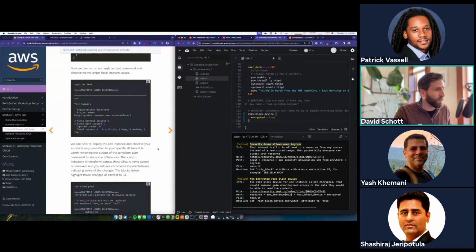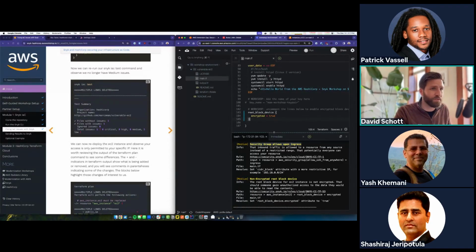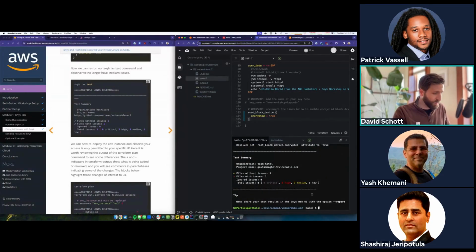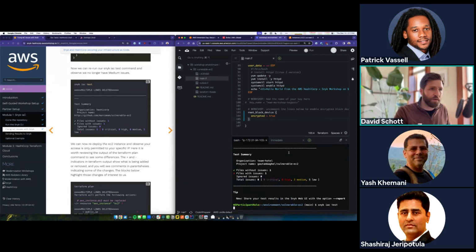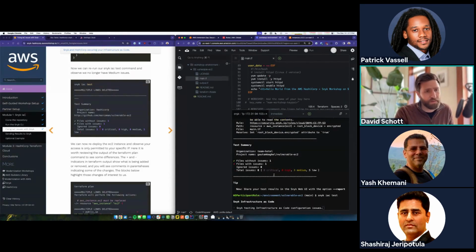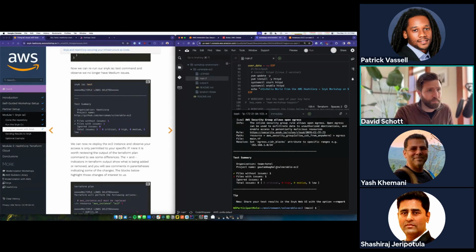So let's verify that we fixed these issues by running Snyk one more time. Before you run Snyk, take note of this little gray bubble and hit save. It's like Command S. I'm sure there's an option to auto save, but it's not on by default. So just make sure you save your changes. And then we'll try running Snyk IAC test once more. If we did everything right, then what we should see is no more medium security issues.